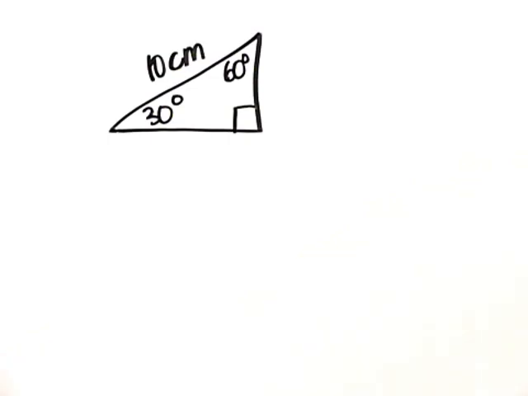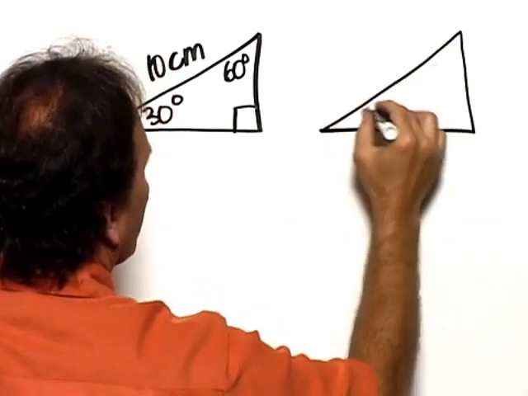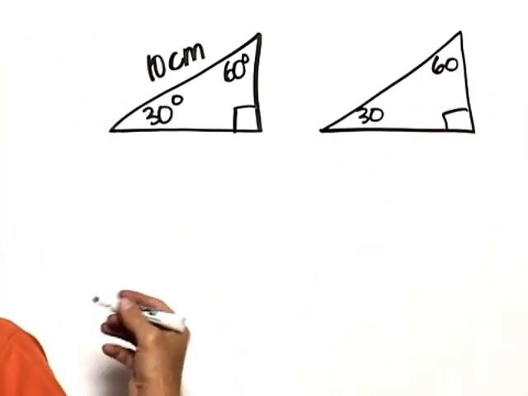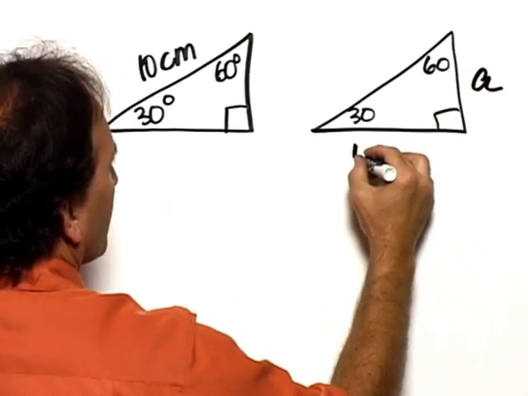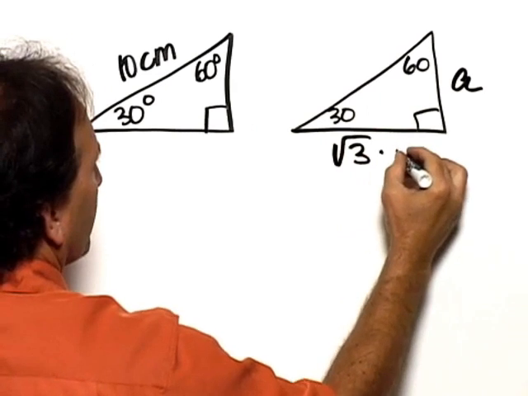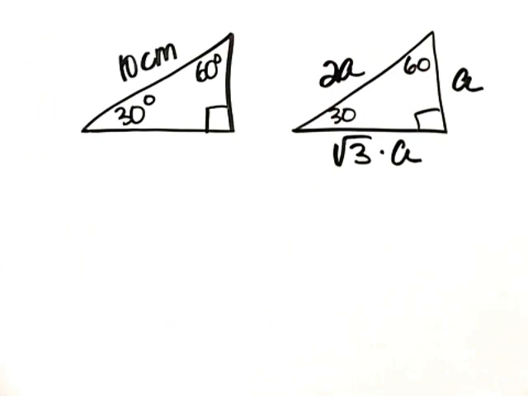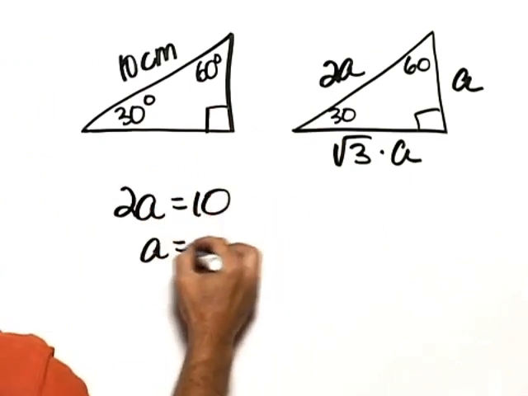So I've drawn on the board a 30, 60, 90 right triangle with a hypotenuse of 10 centimeters. And now what I want to remind us is if we have a generic 30, 60, 90 right triangle, the sides come in the ratio of a, the square root of 3 times a, and 2a. So now when we compare, we see that 2a would have to be equal to 10, and therefore a is